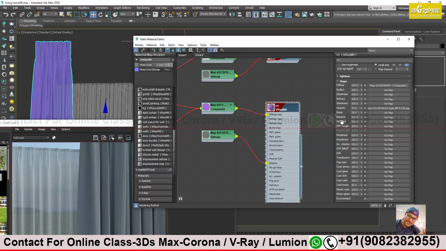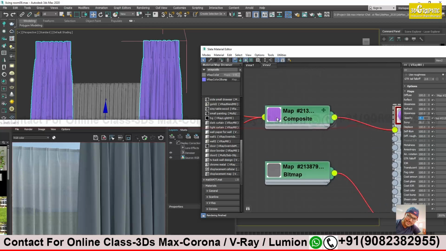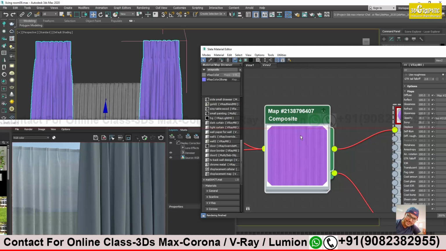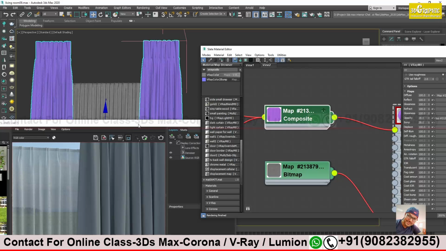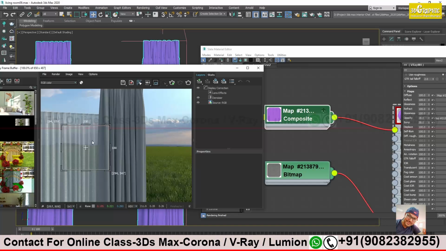Let's take 20. The pattern is visible there, no? Pattern is there. Yes, it's visible. Let's take both.